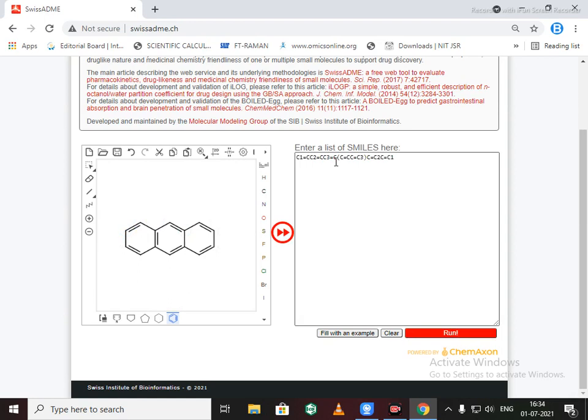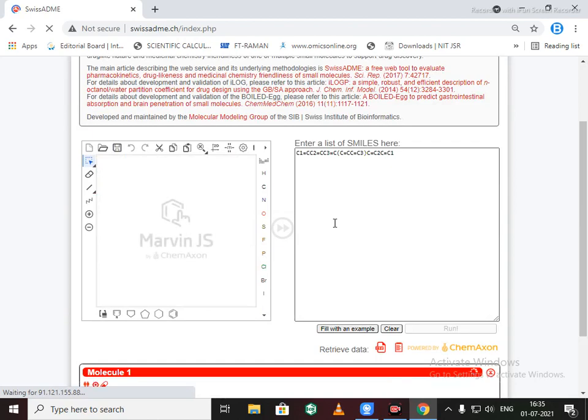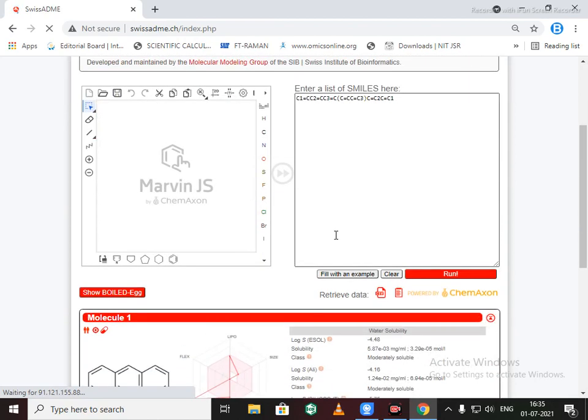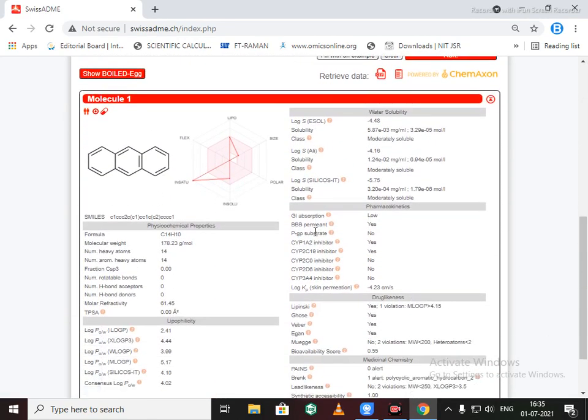Your structure gets converted into SMILES format, and now we just need to click on this run button. The program is running and it's completed.